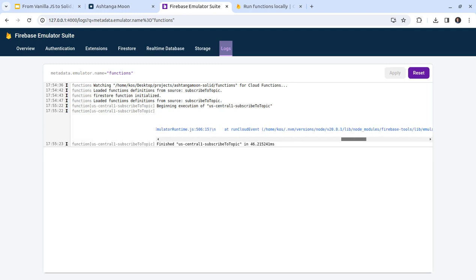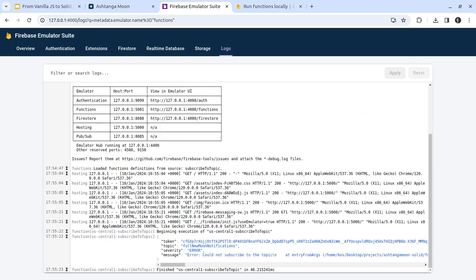Firebase tools. I think it can be a problem of local emulators here, but I'm not sure. Functions emulator runtime. Well, couldn't subscribe to the topic. Hard to say. Let me reset, just in case,